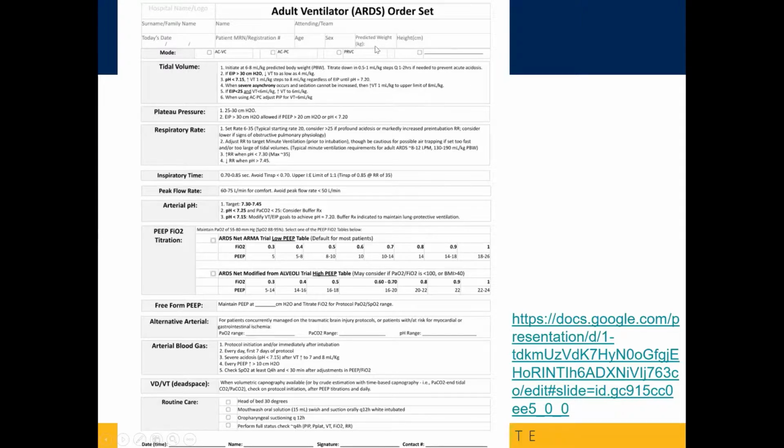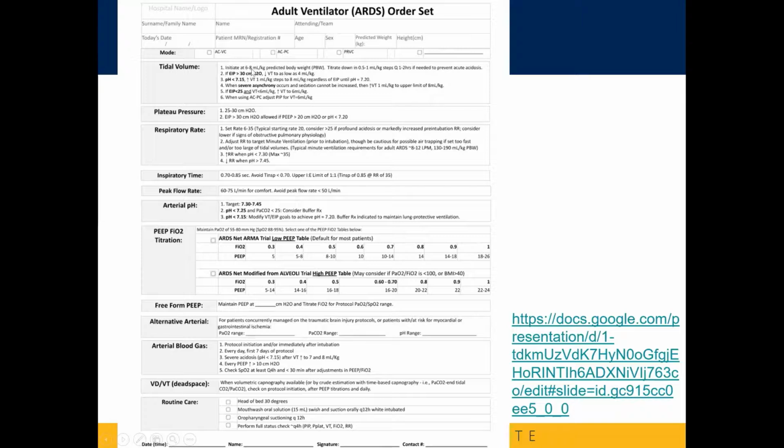Once you've calculated predicted body weight, you can enter it here. If you're unsure, you need to measure them and then calculate the predicted body weight. So this order set allows the doctor to tell you whether they would like you to use volume control, pressure control, or PRVC, or a different mode of ventilation. And then it goes into